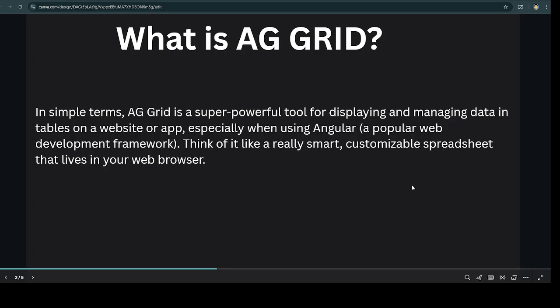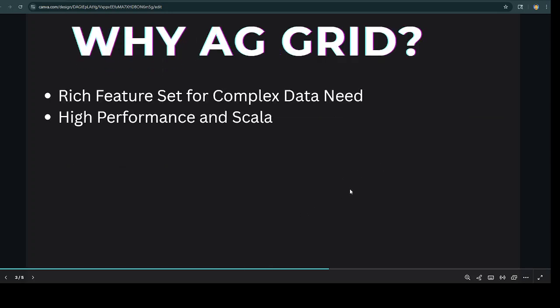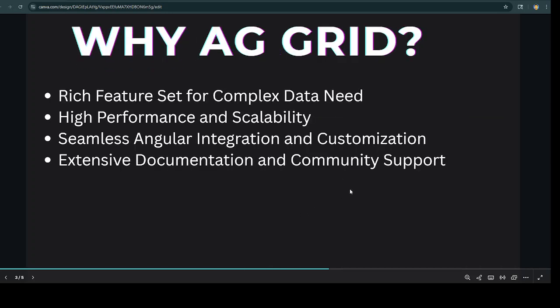Let's explore why to use EdgeGrid. So, why choose EdgeGrid? Let's break it down. First, it offers a rich feature set for complex data needs, think sorting, filtering, and even charting all in one place. Second, it delivers high performance and